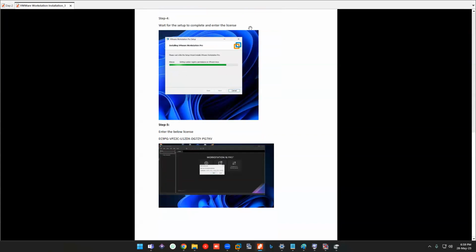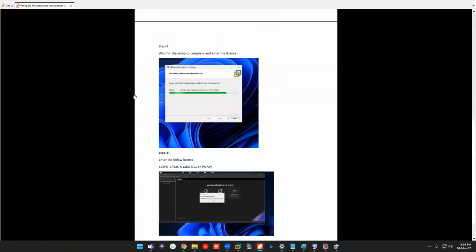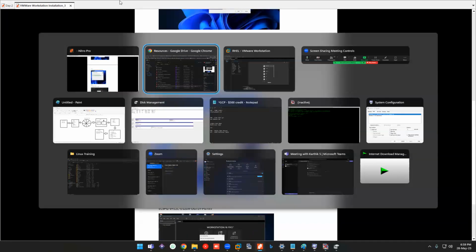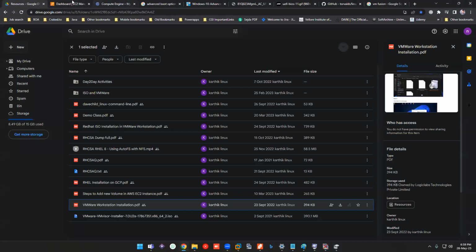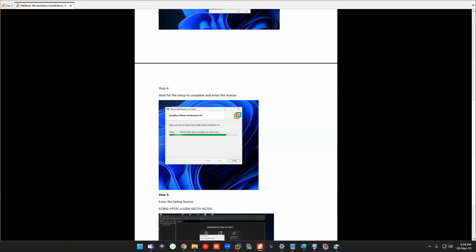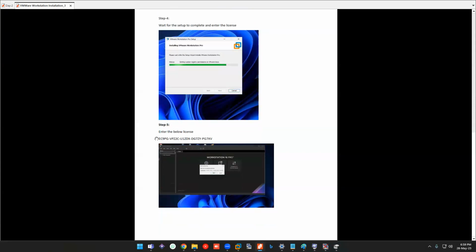And if you are using, let's say, an enterprise laptop, or if your laptop is restricted, you need not do either of these. You can right away go to AWS or GCP. Again, you won't pay anything for this as well, because you will only be using the free lab. Okay, so this is the installation, and lastly you have this key. You just place the key wherever it asks for the license key, and you're good to go.